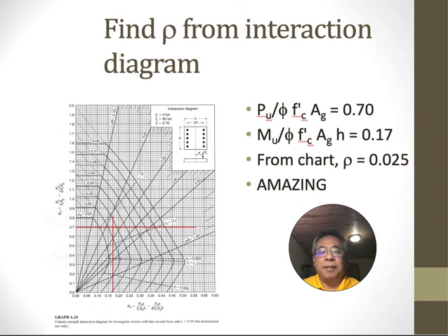That'll fit perfect. Okay. And so the y-axis is P, but you know it's PU over phi F prime C AG. That came out to 0.7. And PU times E is MU. Make sure you change it into inch kips. MU over phi F prime C AGH is what the x-axis said. I got 0.17. And I looked on the chart and I got